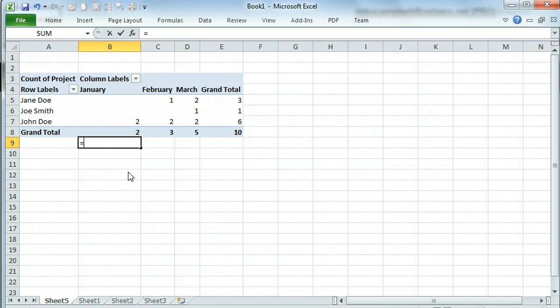So we can just do a count, and this will ignore the null values. And we have 1 project manager who did 2 projects in January, and copy that across 1, 2, 3. And then we can also say